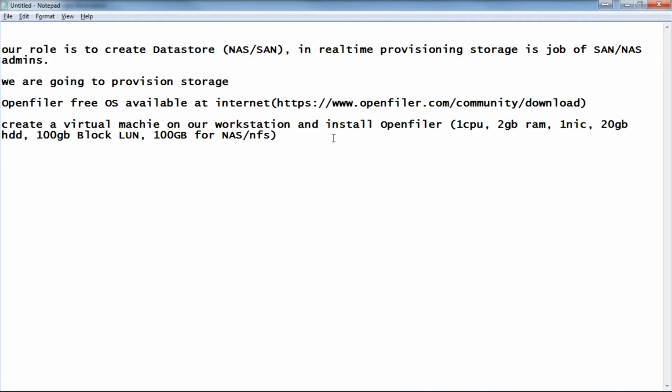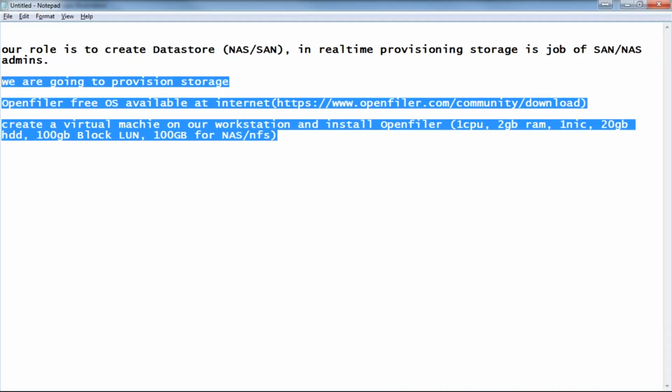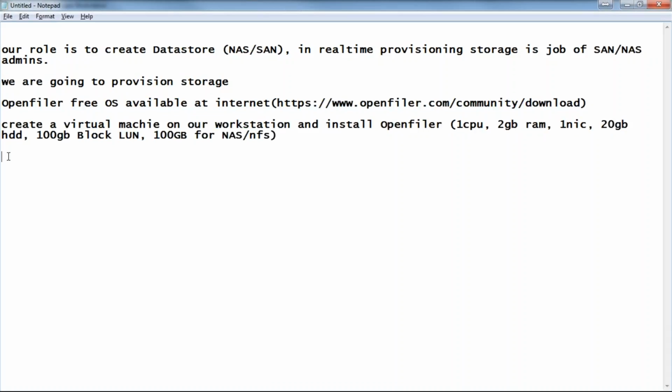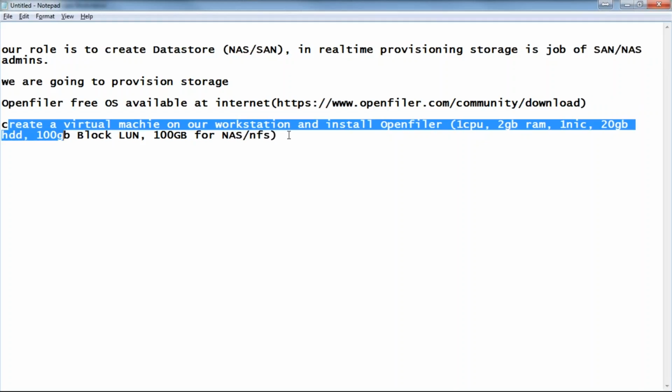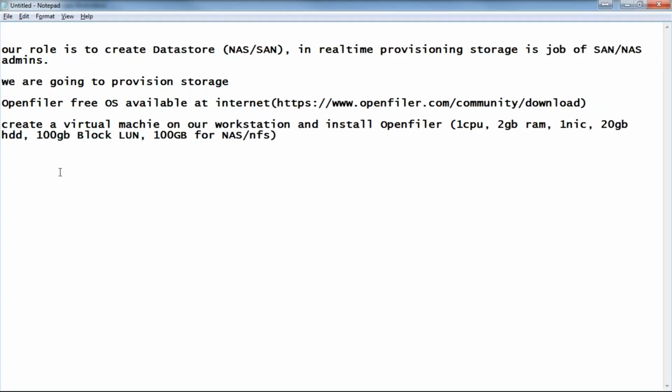But in our labs, even to get that kind of real-time look and feel, we are finding a solution which will give us the block storage and the NFS storage, so that we can create both NFS and VMFS data stores, and we can continue with our labs further. So you download this OpenFiler, you create a machine with this configuration, and you install it. Once you install it, you configure